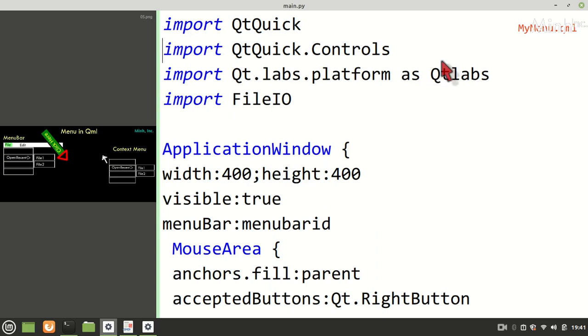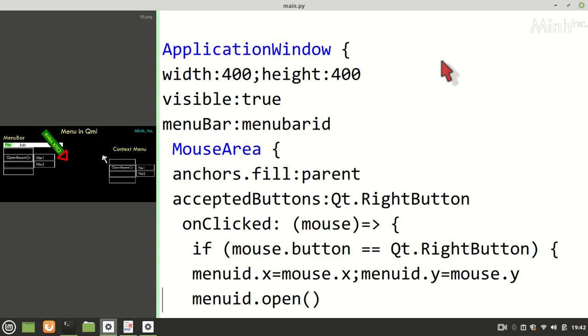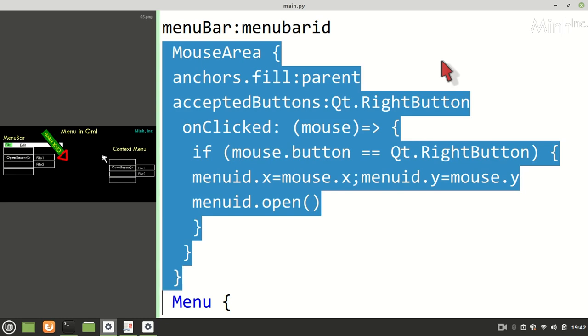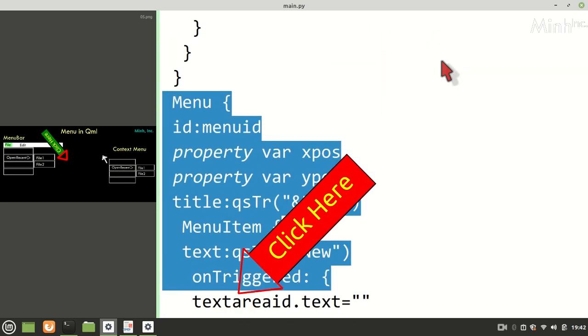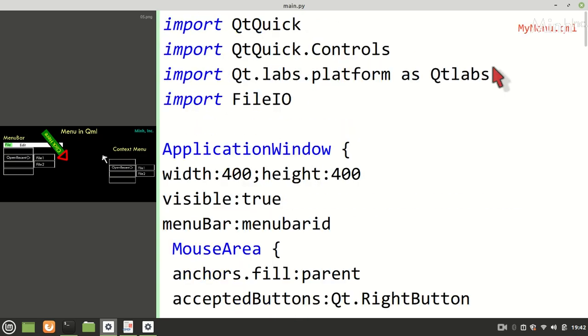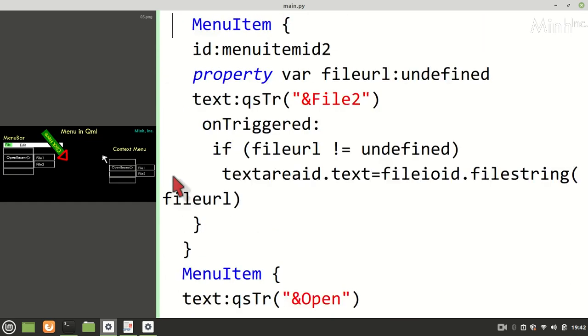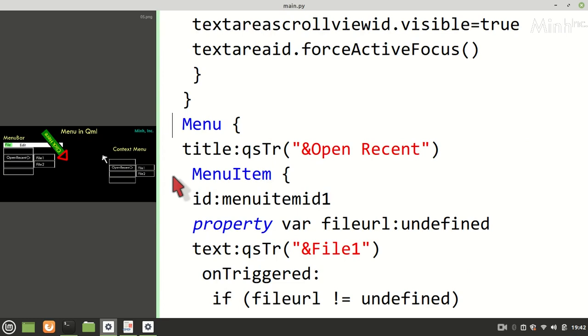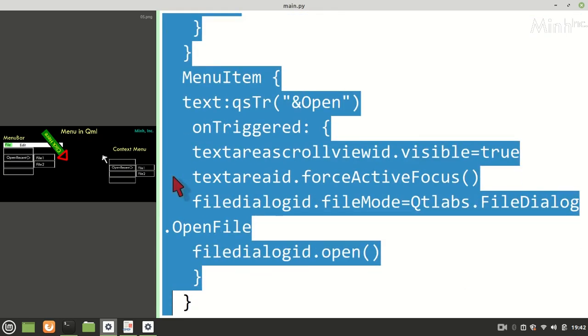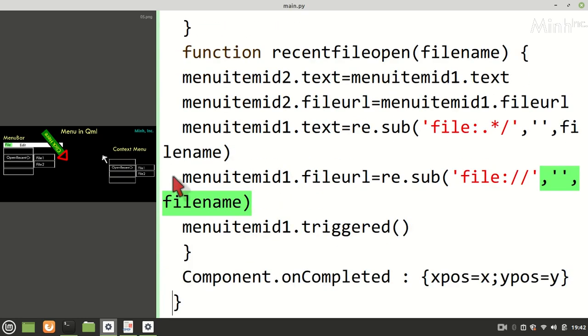Okay, so quickly we'll go through the code. We have the application window, and then the menu bar, and a mouse area for right click for the context menu. Then we have the menu. We filled everything in the menu, and we have a function in the menu, and this function actually tackles the most recent file open.